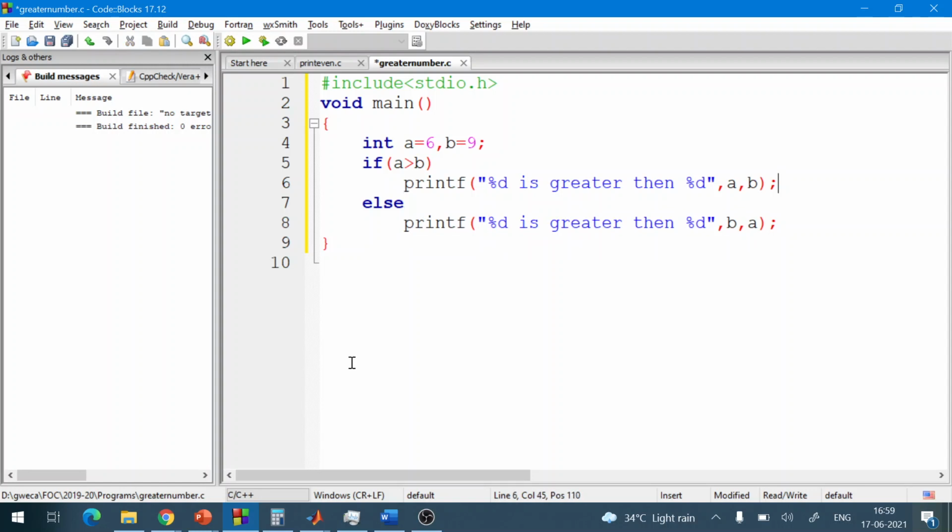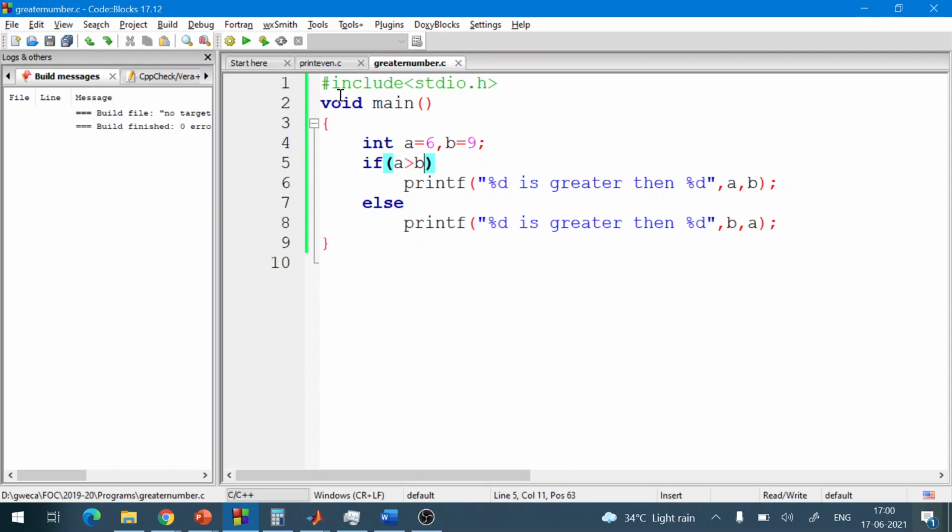But if there are multiple lines in the true part or in the false part, then you have to put the braces. Fine. So braces are not part of the syntax, but these parentheses are part of the syntax. You have to put them. You can leave them empty, but you cannot remove them.